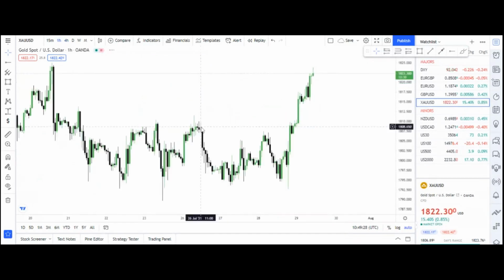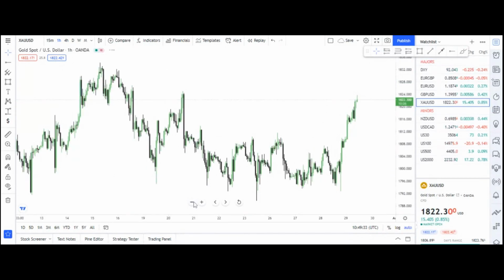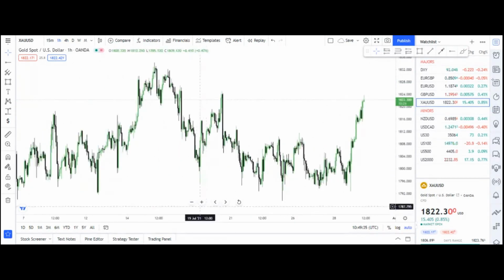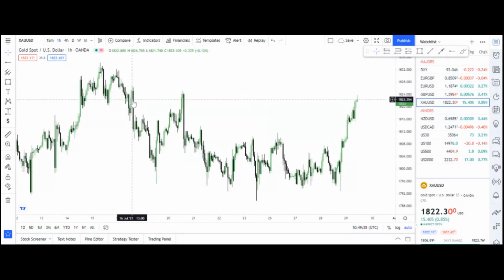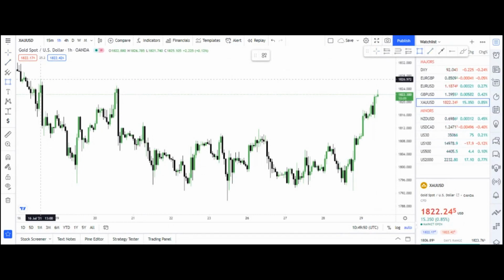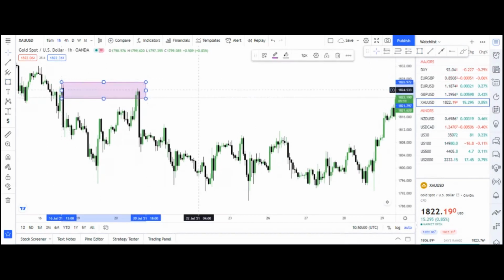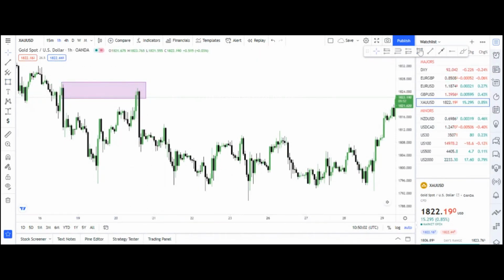I use the very lot size that won't hurt me, and also the risk is small, so that's just it. And this is not really a clean high. This was just an old order block that price reacted to. Okay, so let's break this down. So price traded off this old OB, and gave us another OB right there. Right here. Okay, gave us another one right here.